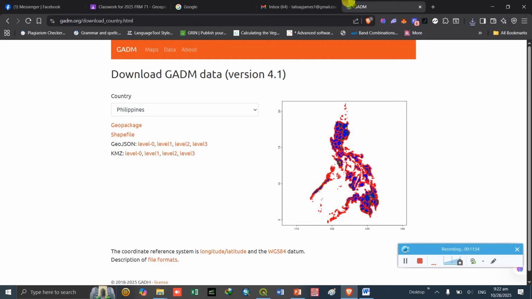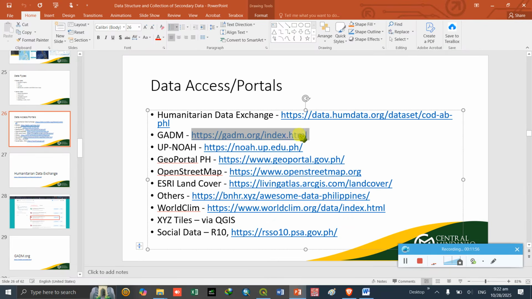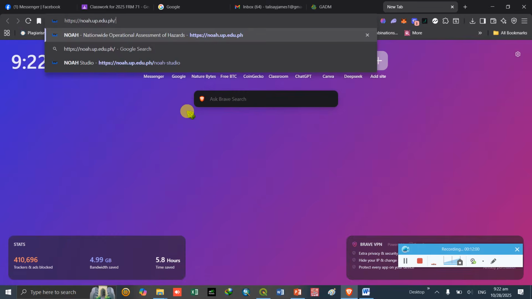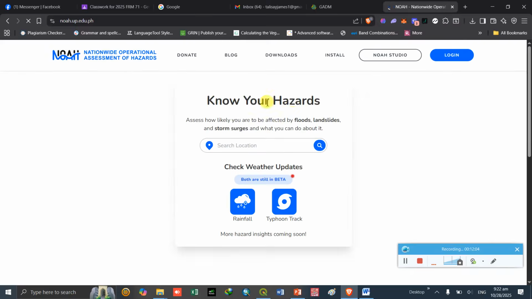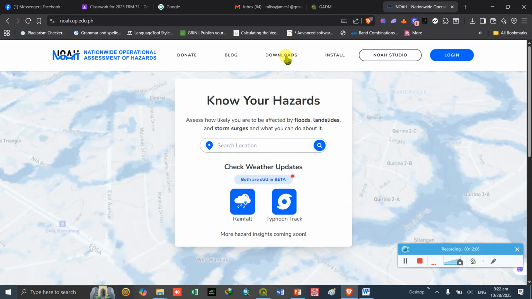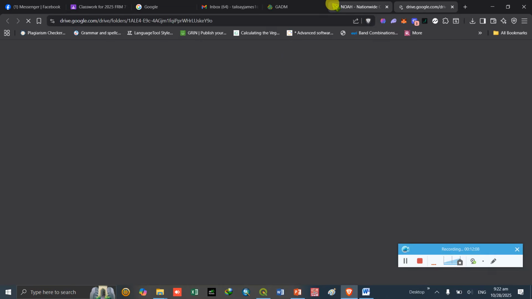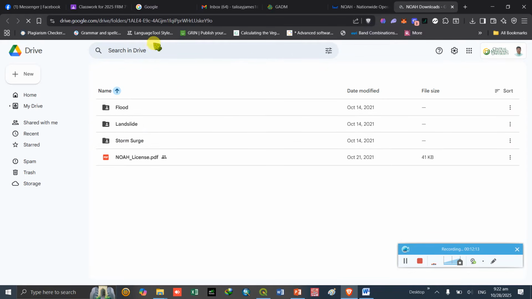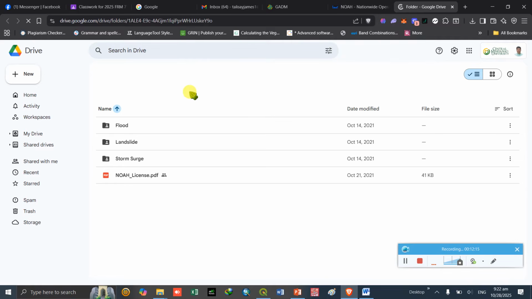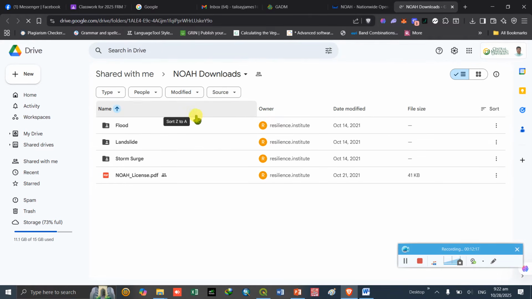So to access NOAH, we just need to copy the link, and then paste, and then proceed with the downloads, and then a separate tab will open containing the stored data. So they have hazard data on landslide, flood, and storm surge.